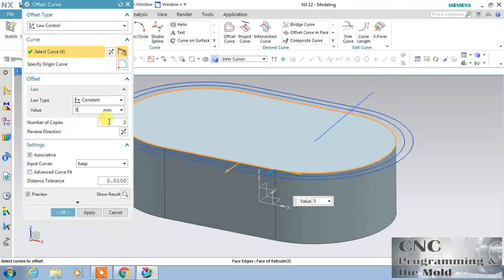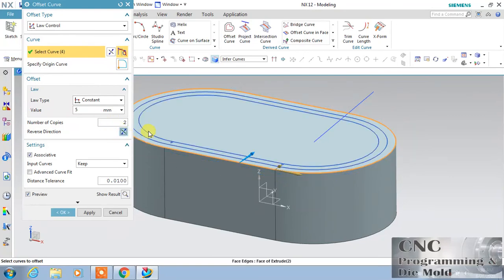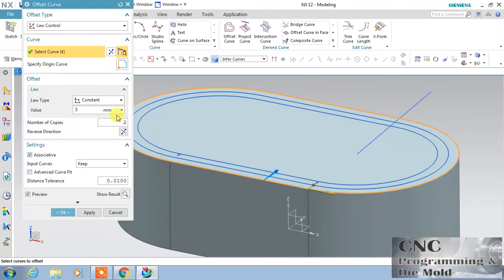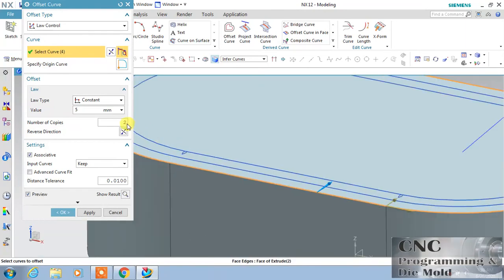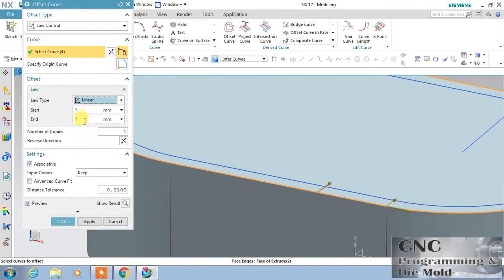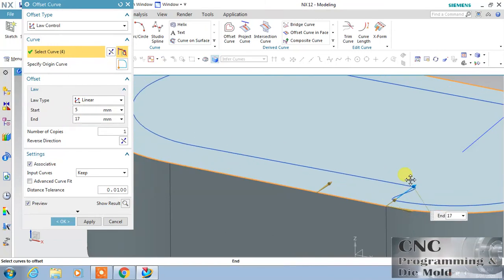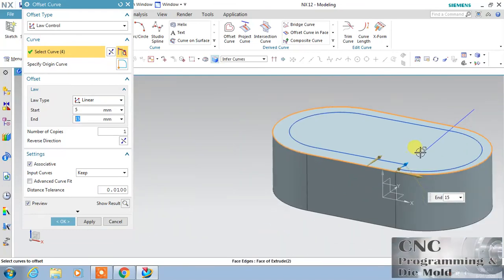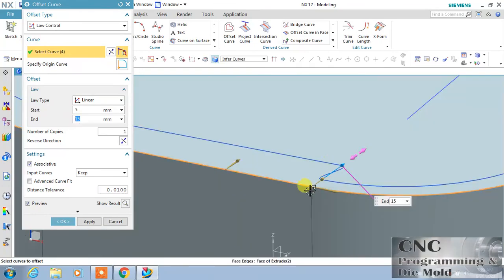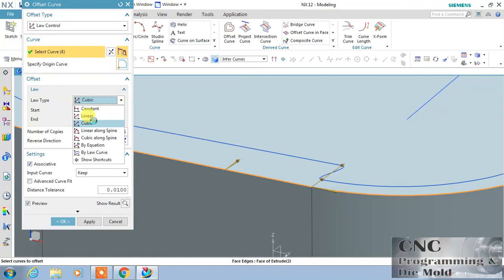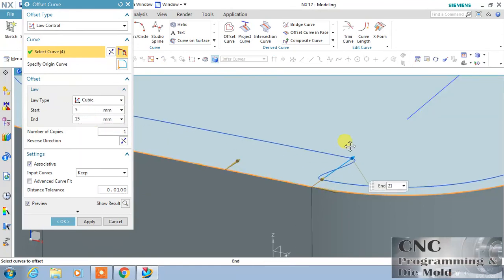The 2 will remain. This is just like offset, and here it is some problem, so just change to 1. And now I will change it to linear, and in linear I will change this value as 12. It is coming in a linear manner. If you change this to cubic, the cubic shape will come.